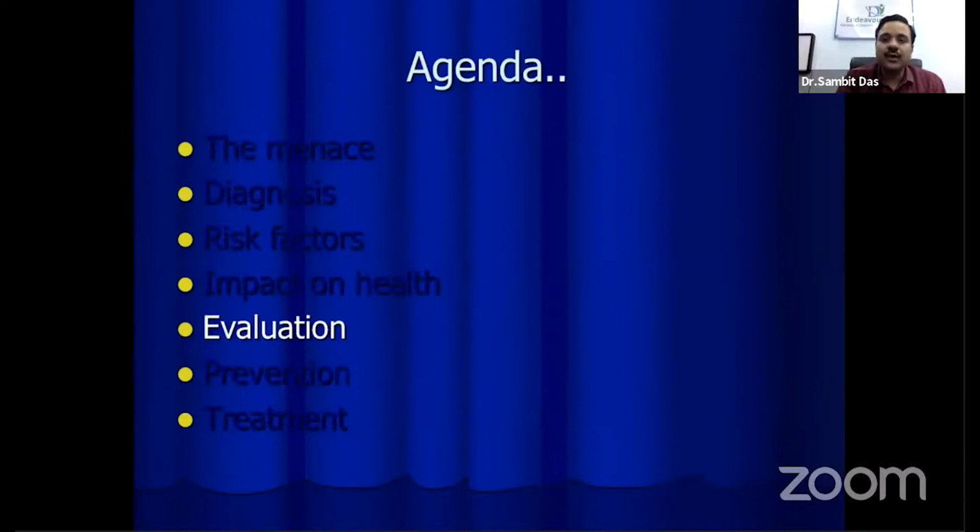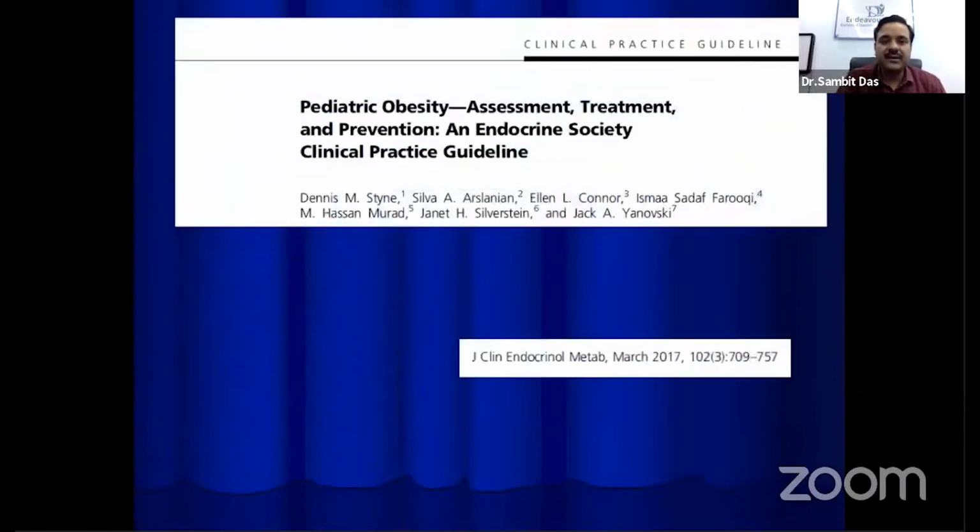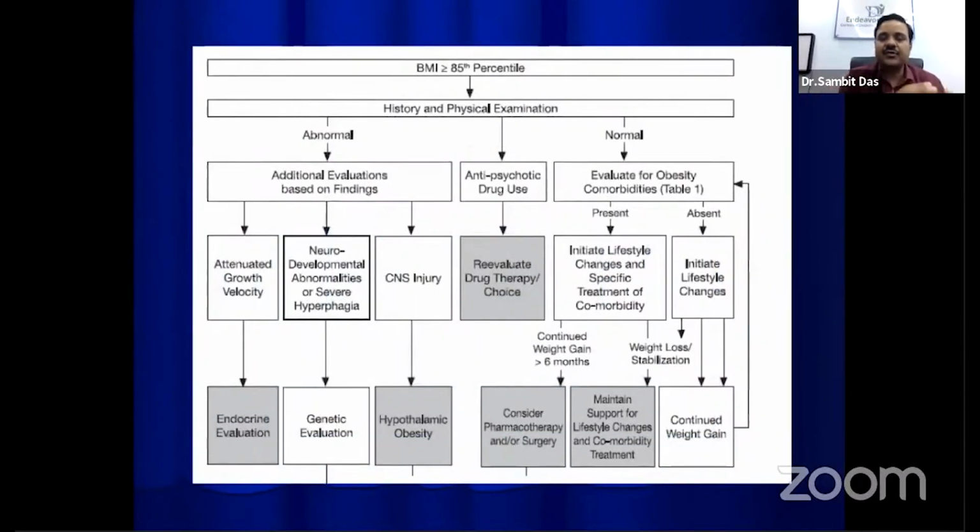Now coming to how we are going to evaluate a child with childhood obesity. I have already told that merely detecting a BMI is not important. We have to plot it in that BMI specific chart. After that, the Endocrine Society Clinical Practice Guidelines in 2017 have mentioned that after we have plotted the graph, and if we find the BMI is more than or equal to 85th centile, then we need to take a proper history and physical examination. If the history and physical examination is abnormal, then we must do additional evaluation based on the